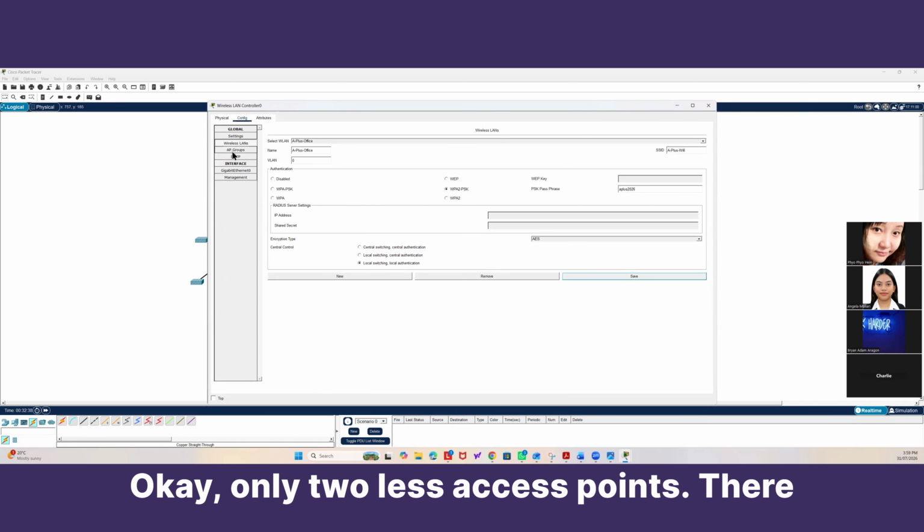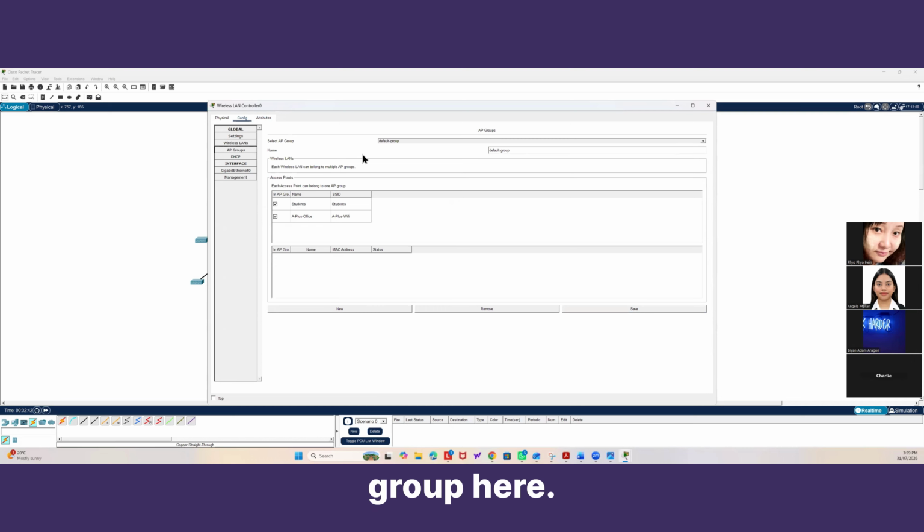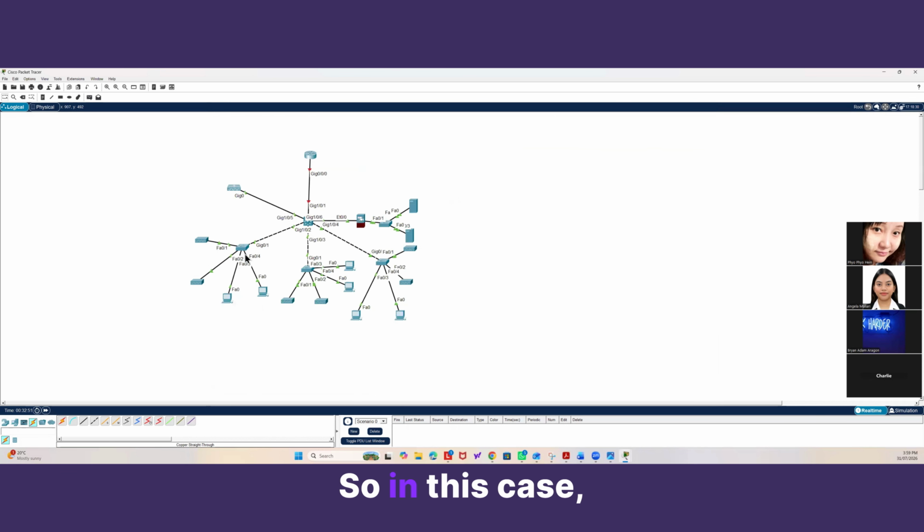Okay, only two wireless access points. There is an AP group. You can have the AP group here. Here, there are two access points. So in this case,